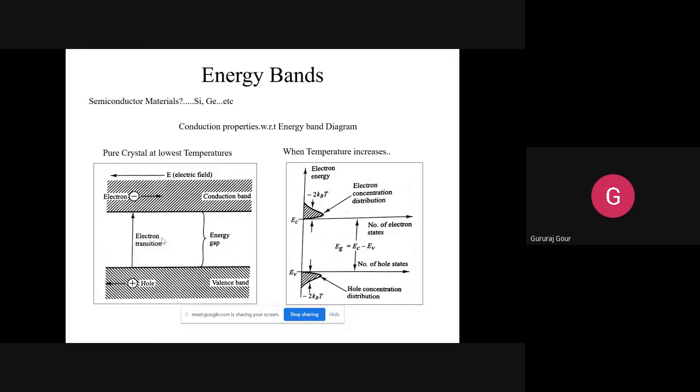Whenever an electron leaves from one place, that place becomes vacant, creating the hole, meaning nothing is there. That nothing is denoted by a positive ion, and where the electron occupies the new place is indicated by a negative charge, a negative ion. So we are going to call them ions now, because the movement is not much.